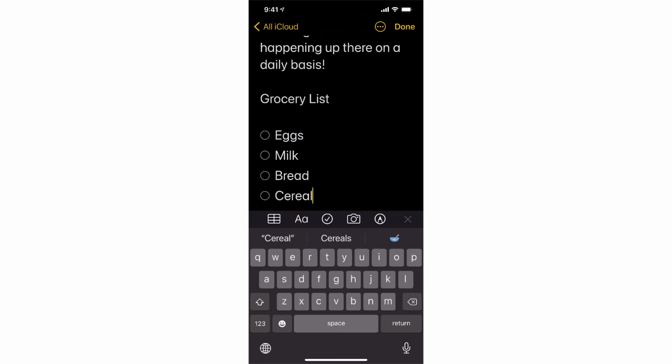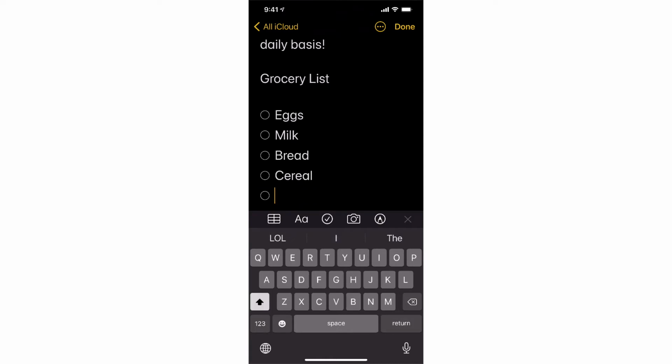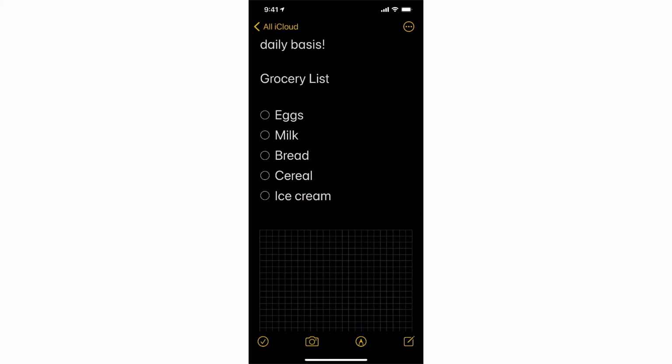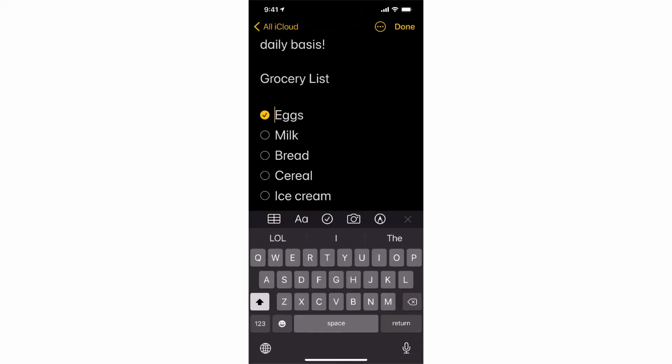And each time I'm done, in this case with cereal, I just hit enter, and it pops down and continues to create these little check boxes, which is really nice. When I click done, my list is saved, and now with a simple tap on the circle next to eggs or bread or cereal, it's going to highlight and tell me that I've